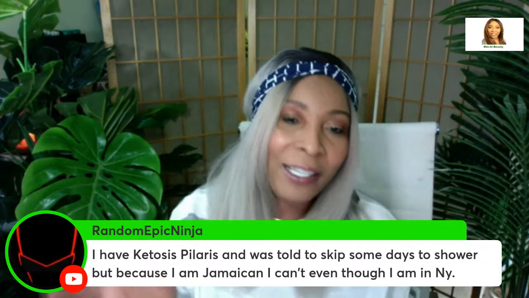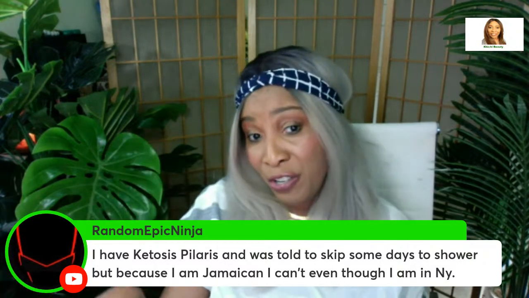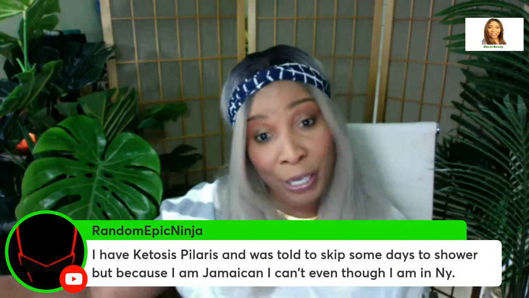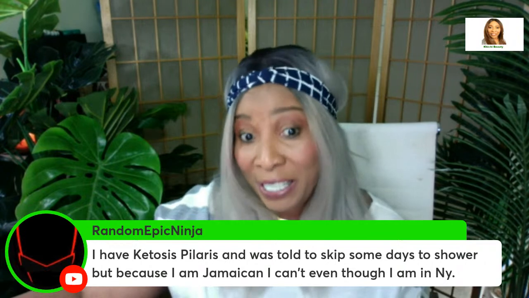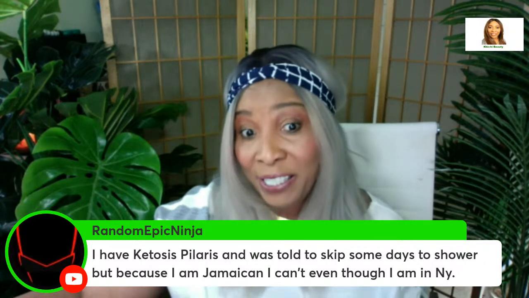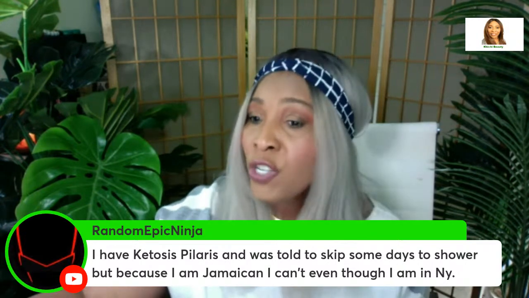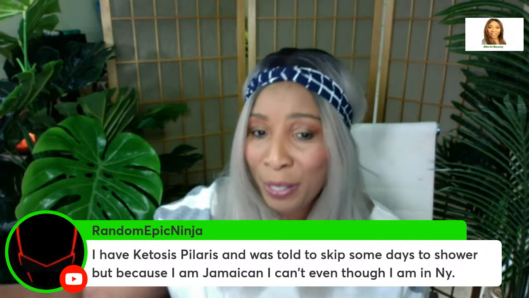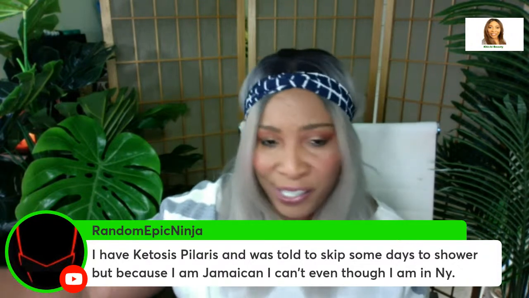believe it or not, I am one person that used to take the train years ago. I used to take the train every day. And when you get on that train in the morning, the subway, stinky, stinky, stinky. And why is it so stinky? Because people don't shower in the morning. People come in with their stinky sheets and their stinky bed smell,